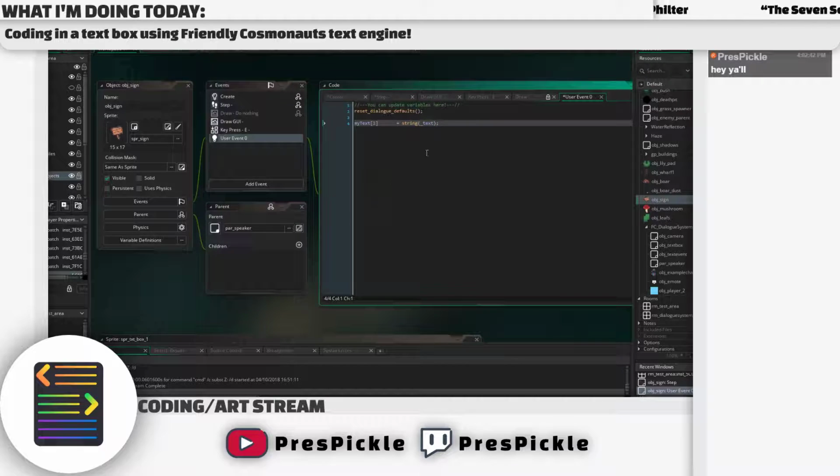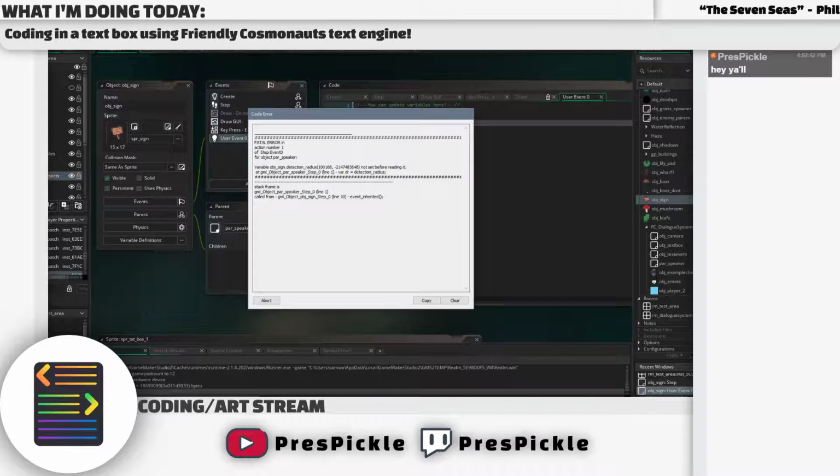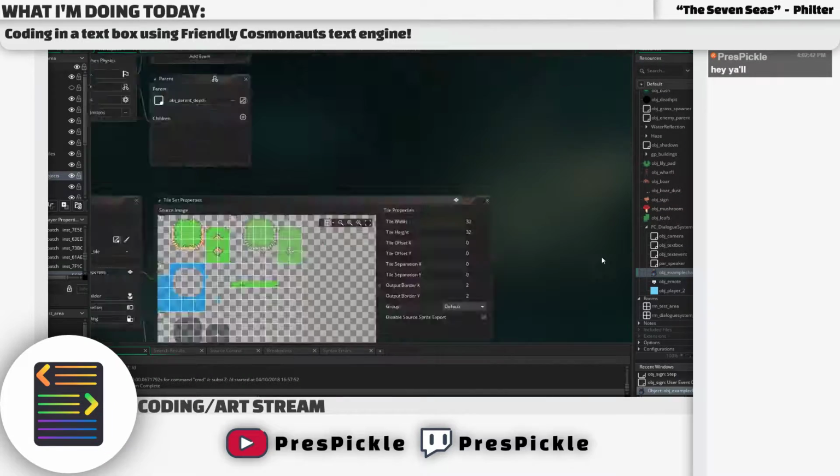And that might do it. I don't know if it'll do it. I don't know if it won't do it. Only one way to find out, and that is by running it. Well, actually, there's multiple ways of finding out. Detection radius, not set before reading it. Okay, let's